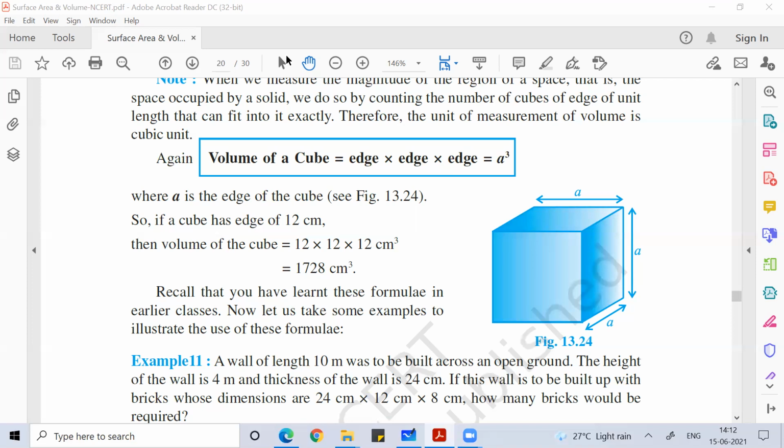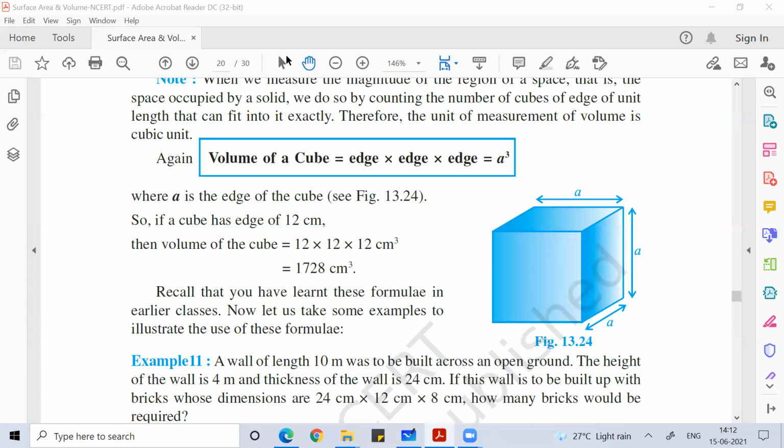So 4167 bricks. How you did this, Jonu? Oh yes, sir. So it's given the length, thickness, and height. So first we'll find the volume, which is length into breadth into height, which will be 1000 into 24 into 400 centimeter cube. Then each brick is a cuboid. The length, the breadth, and height is given. So we'll find the volume of that as well, 24 into 12 into 8.